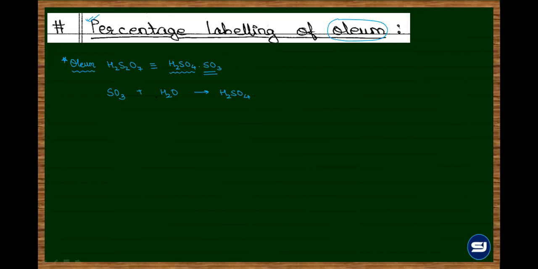Yes, sir. Once again, understand, oleum has two components. One is sulfuric acid and the other is SO3. So this oleum is said to be impure sulfuric acid. What is the impurity? SO3. So to get pure H2SO4, the SO3 is to be converted into sulfuric acid. And how do we convert? By adding water, meaning dilution.